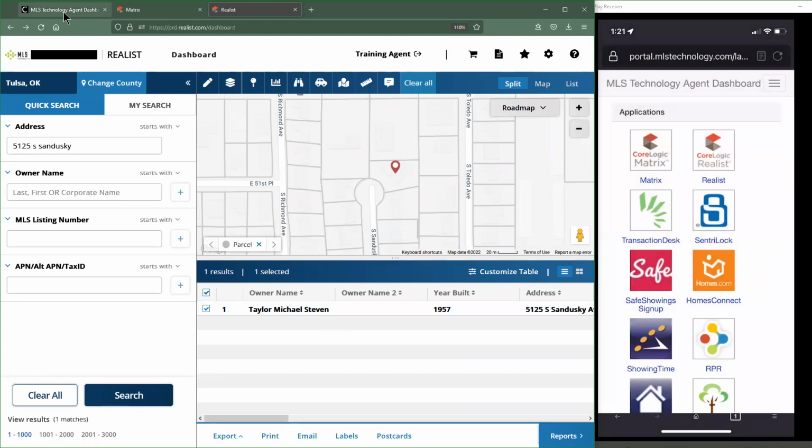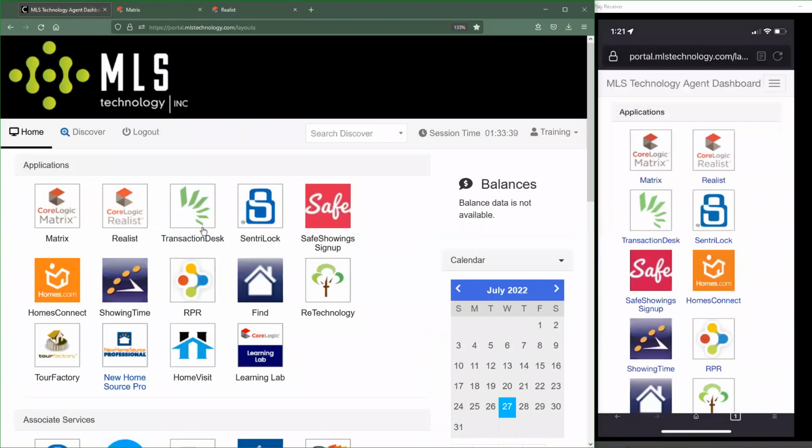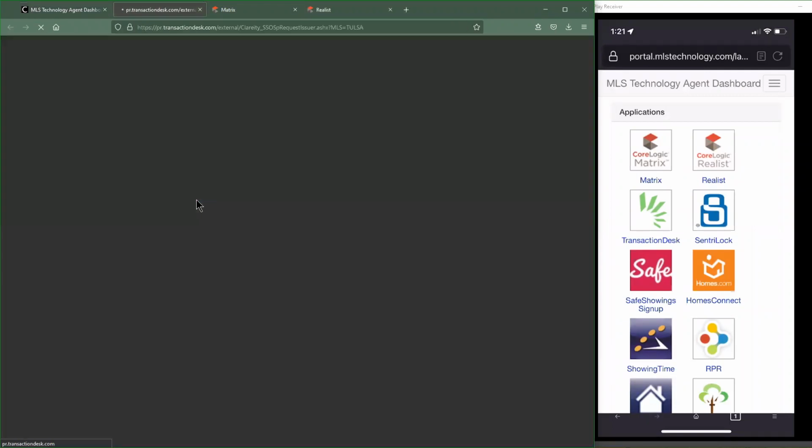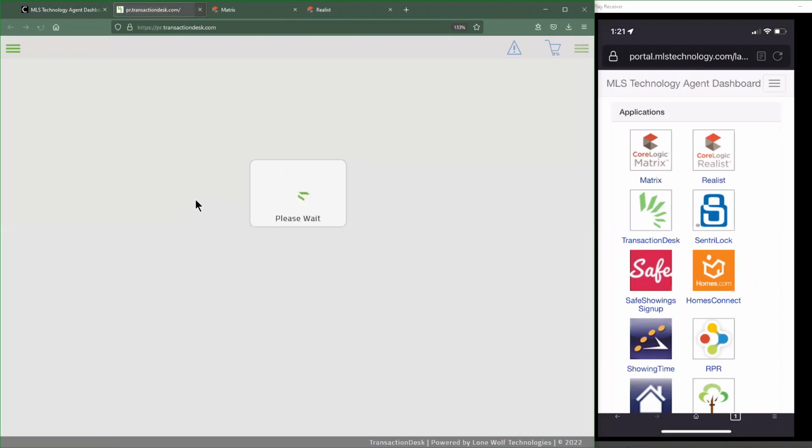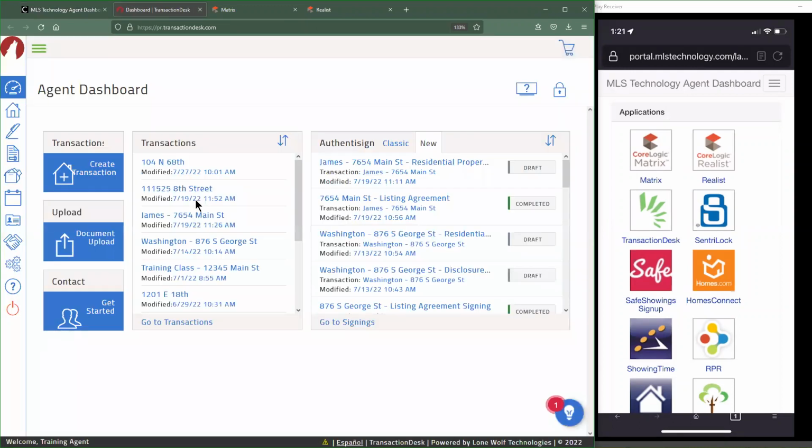Chiefly, and this is going to be very important for those of you who are on Android devices, Transaction Desk is going to have an app that's available, but the app is only available on iOS devices. So that means iPhones and iPads will have it, Android devices will not. I don't know exactly why. I think there are some people who developed the app a long time ago, and at the time, Android wasn't as secure. I mean, they're about par now. Both of them are way more secure than the old school BlackBerry phones, which were known for that. But yeah, we're way past that stage now. Android's very secure, iPhone's very secure, so there's no reason not to.